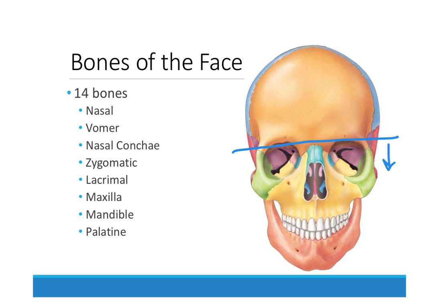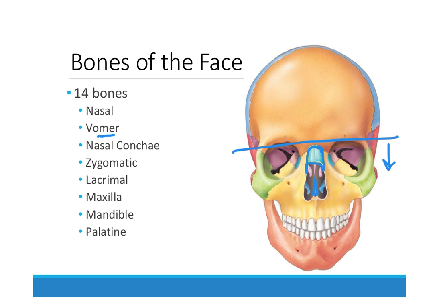So starting at the top of your nose, you have your nasal bone here. So this is the bridge of the nose. The rest of your nose, remember, is cartilage. And then providing structure to the bottom of your nose, you have a very small bone, the vomer bone, which we see here. And then inside the nasal cavity itself, sort of sticking out from the side, you have a